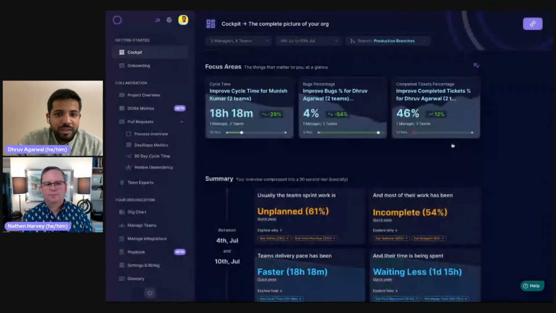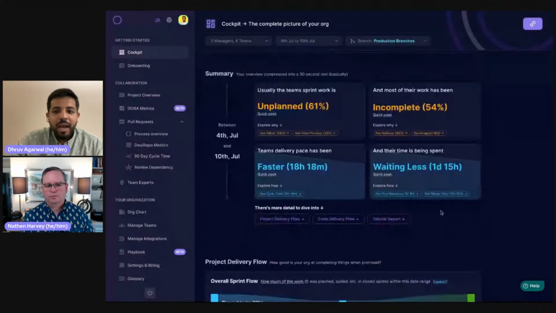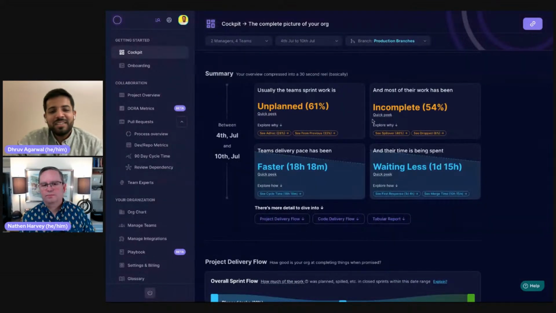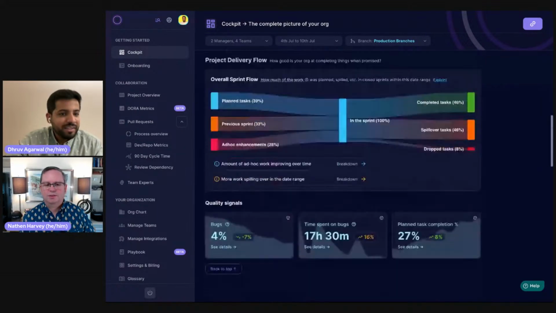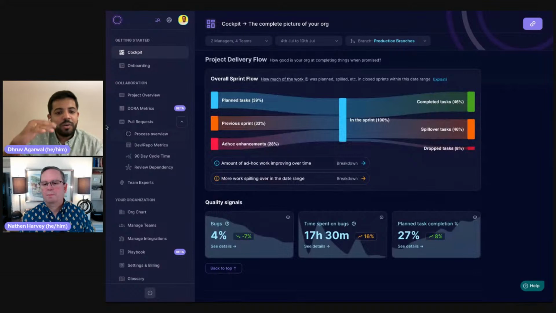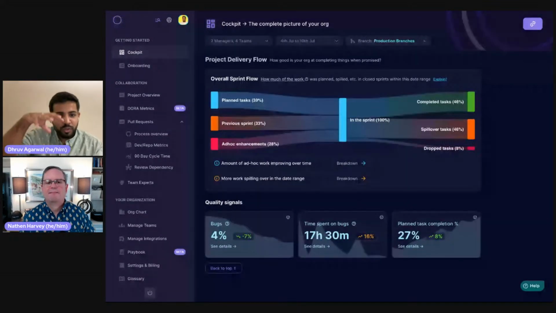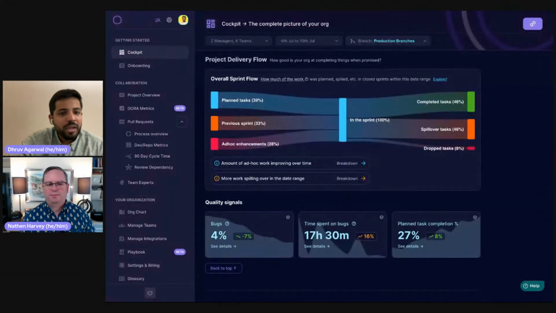Then in any given time frame, how have your teams been doing? Is your unplanned work rising, decreasing? Are teams going faster, slower? And then we talk about how the flow is going. So we are bringing the context from a top level view to the bottom and increasing the detail. Here we talk about if your team is taking work, how is the work getting constructed? Are there more planned tasks? Are they coming as a spillage from the previous sprint? Are there more ad hoc tasks?